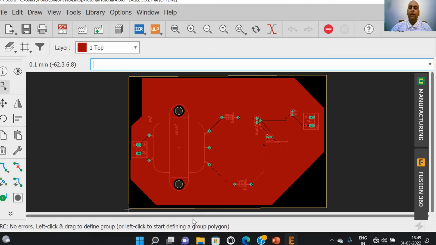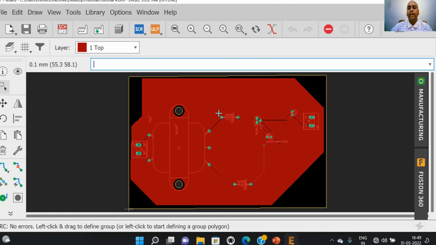The check button will indicate the errors if there are any. These errors will show that as per the requirement, the minimum distance between two traces was, let us suppose, 1 mm. However, in our PCB design, the minimum distance is 0.5 mm. So we need to correct these distances. This is how we can check the design rules as per the requirement of manufacturers.